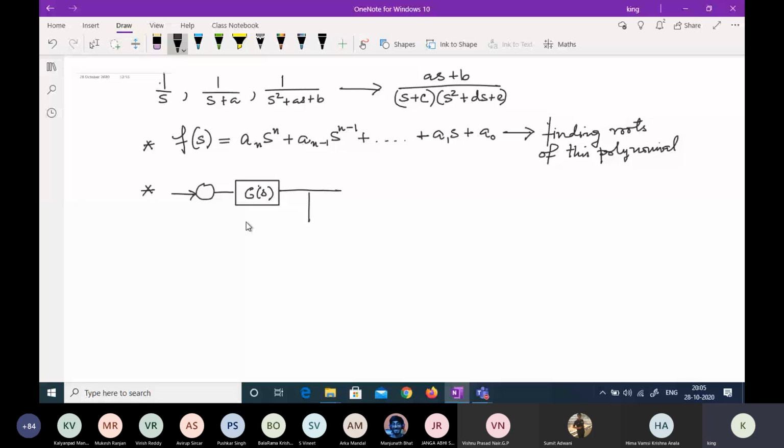So in this case, what will the output be like? You'll have a transfer function of the form